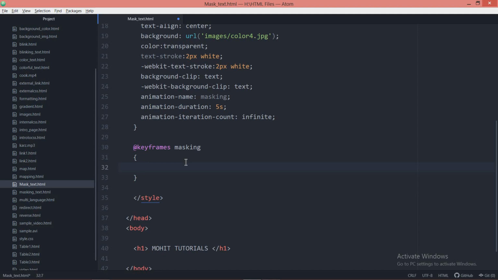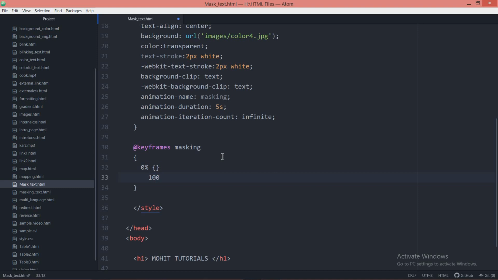In my previous videos I have said that your animation runs in a sequence, and that sequence starts from 0% and ends at 100%. 0% is the starting sequence and 100% is the ending sequence.